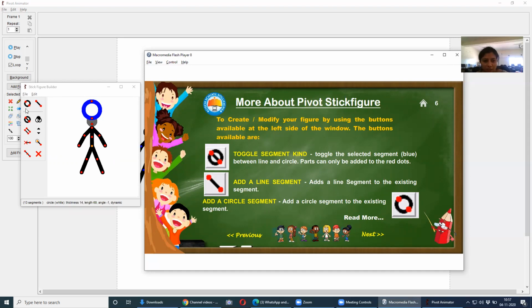And what are the different types of things available here? We will be seeing in our next class, that is tomorrow. Until then, please do practice editing, adding new figures, and taking the pivot, different stick figures, different objects, different types of figures into your animations from the library. The rest of the things, what are these toggle case, add lines, duplicates, all these things we will be seeing in our next class, that is tomorrow.